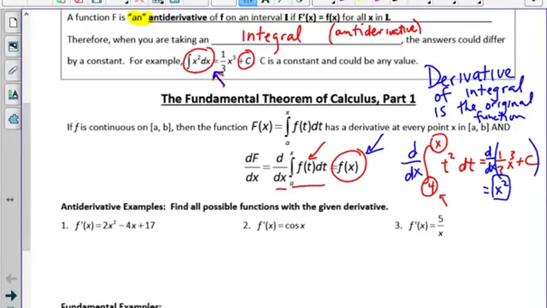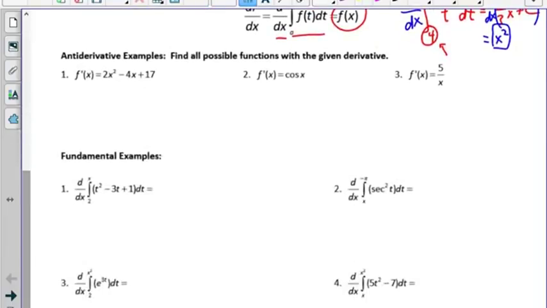The derivative of the integral is the original function. Okay, so now that we know that, let's do a bunch of examples. A couple examples with antiderivatives. So if we're finding all possible antiderivatives, remember we have to put a plus c at the end. That is super important. If it's asking you for an indefinite integral or an antiderivative, you should probably put plus